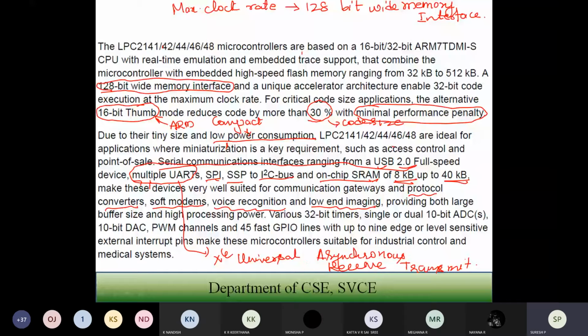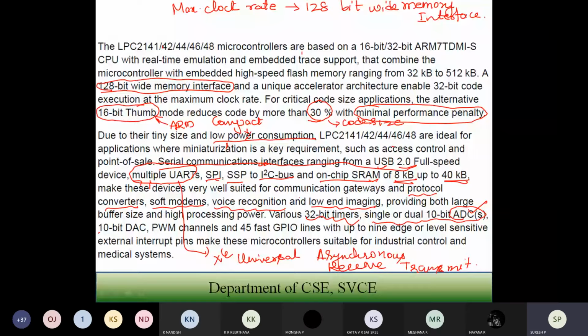Apart from this, there are various 32-bit timers inside the LPC2148. It has a single or dual 10-bit analog to digital converter, where ADC stands for analog to digital converter, and a 10-bit DAC, where DAC stands for digital to analog converter.